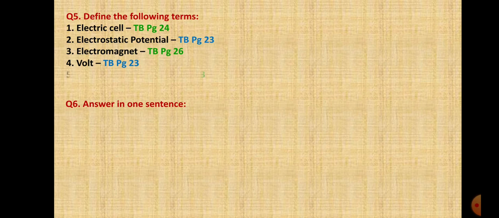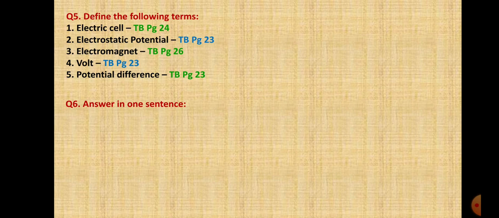Now, the next fifth one is potential difference. For this, you have to remain on the same page. Potential difference. Students, in the middle of the page, there is a heading in red as potential difference. Did you get it? Potential difference. So you will start from the second line. The difference between. Got it? The difference between